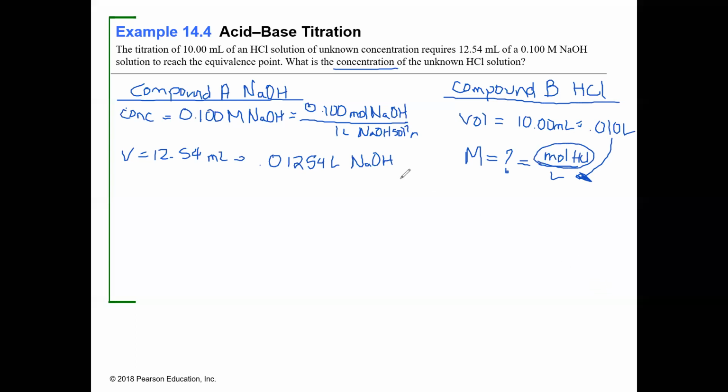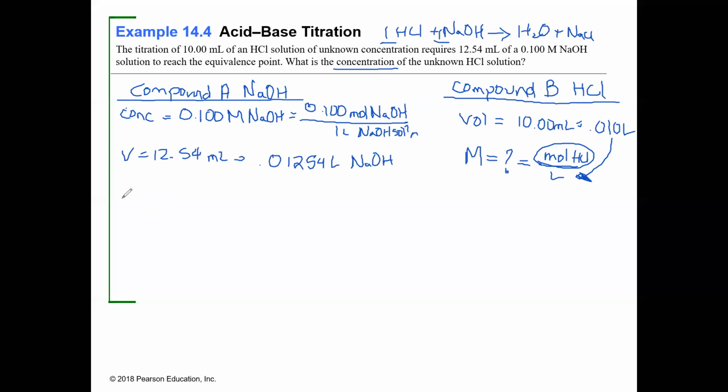Well, if I know the volume, I can use the molarity to get into moles of NaOH, and then a balanced equation will get me into HCl. They don't give us a balanced equation here, but HCl plus NaOH, remember, an acid and a base will produce water, H2O, and a salt. The Na is going to combine with the Cl, NaCl, and it's balanced. So this is a 1-to-1